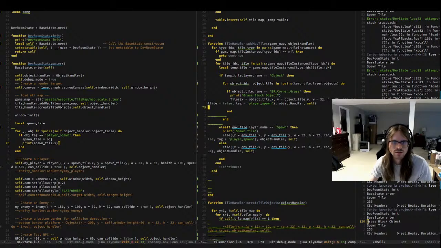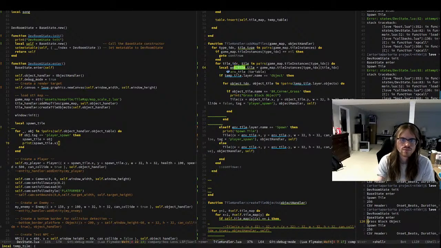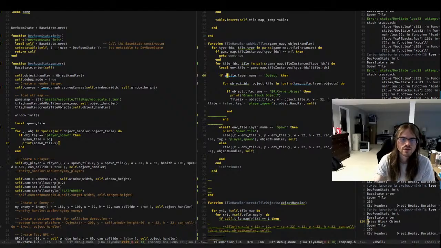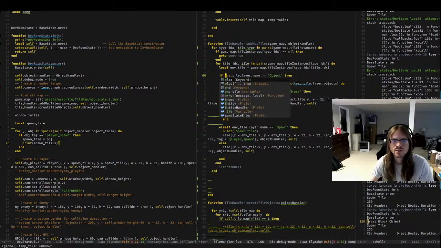And then we just need to go up here. God, this is so ugly. Env tile. If environment tile. No, technically temp tile is the right word for this. So everything's going to be an environment tile, and then if the environment tile is part of the layer object,